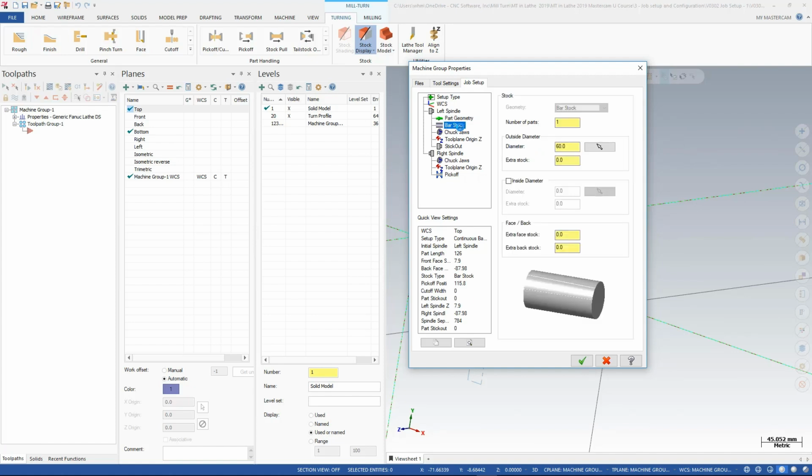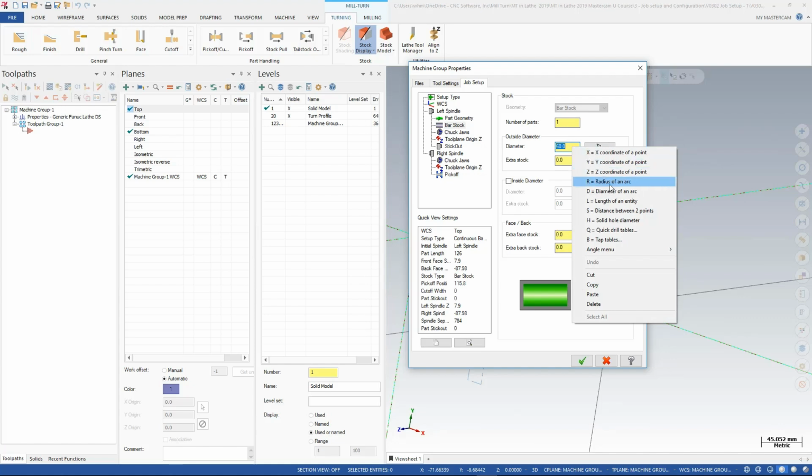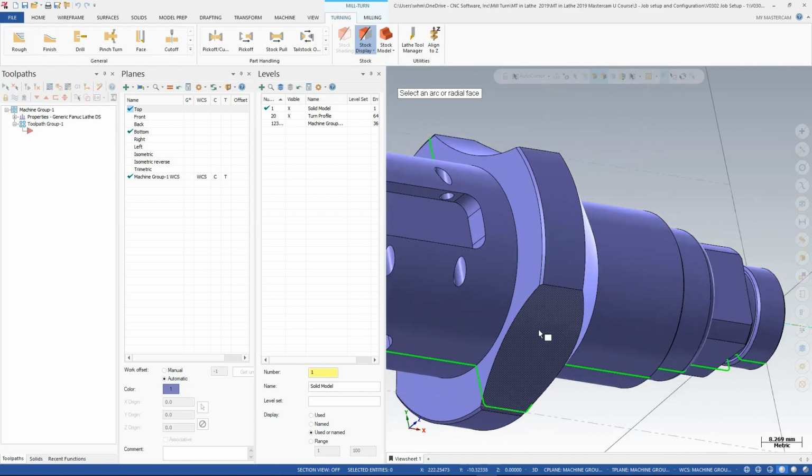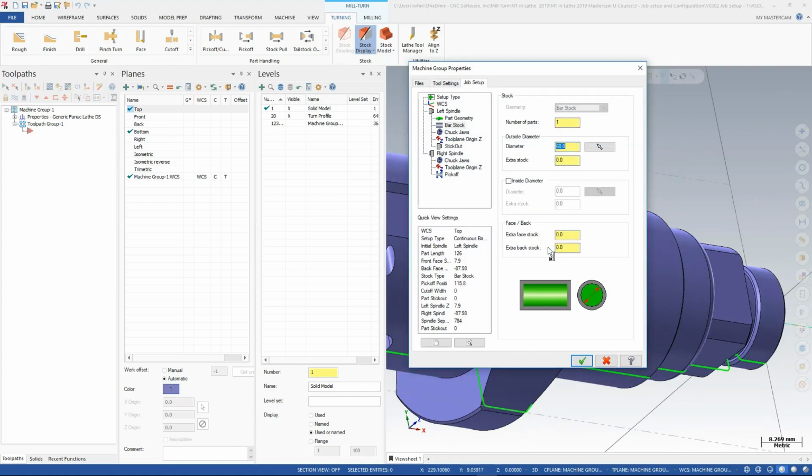Under bar stock, we'll set the diameter of the stock by right-clicking in here and picking a diameter of the arc. So I'm going to pick a major diameter here, and it brings back 60. I want a little extra stock for bar stock diameter. I could add it here. I'm just going to type in 62. I have no inside diameter. We are in metric, so I'll leave 0.5 millimeter on the front